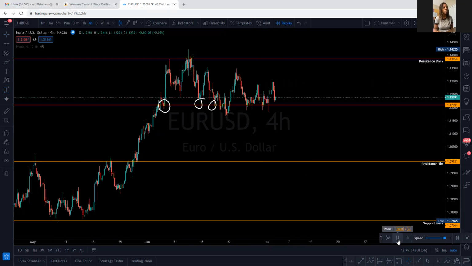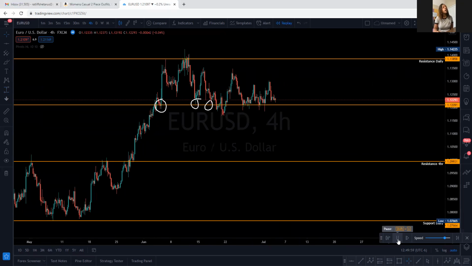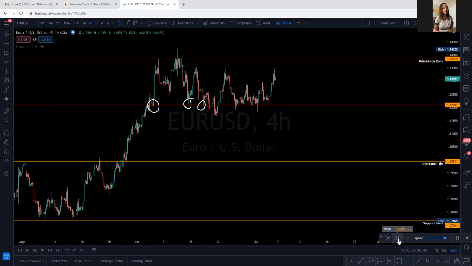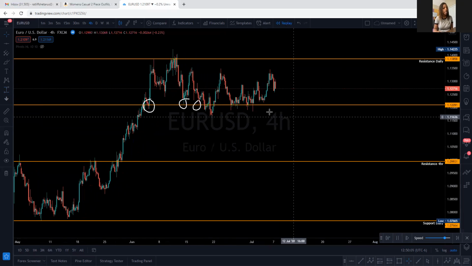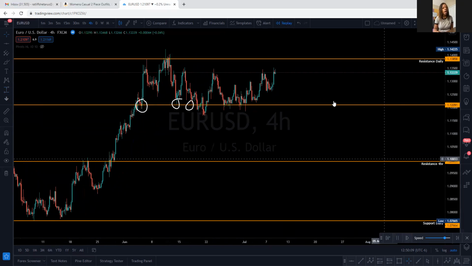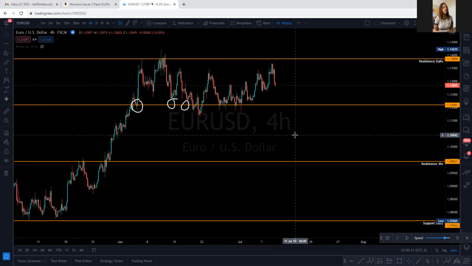Okay, so support and resistance is what you see on the daily and 4 hour, and you can also find your support and resistance on the hour. And guess what it's doing now? It's going up. Okay, so I just wanted to show you a replay of how I did my support and resistance, and now you can see exactly how